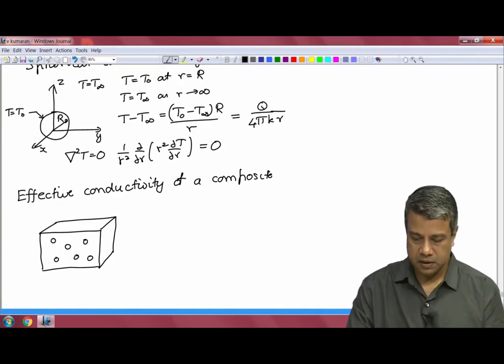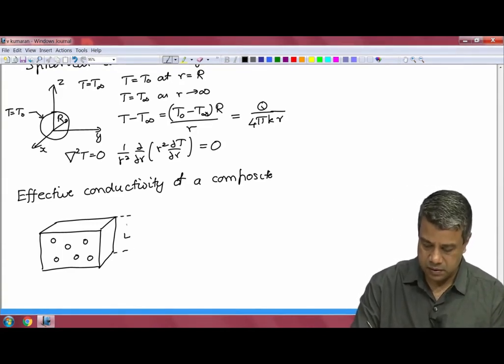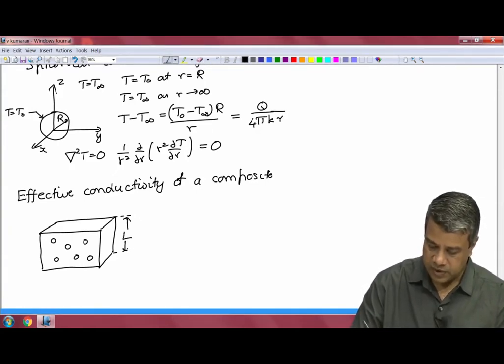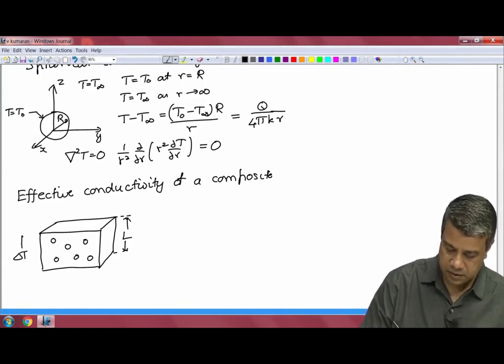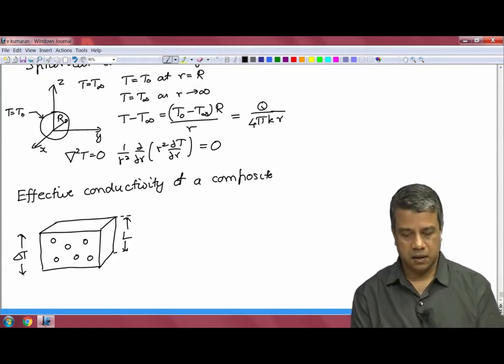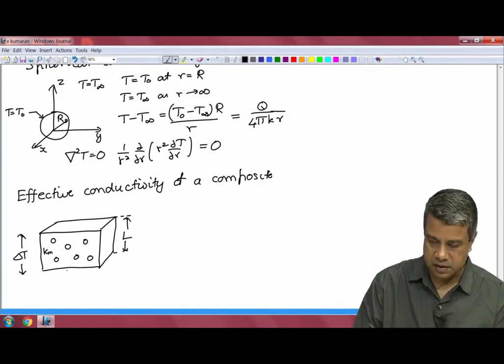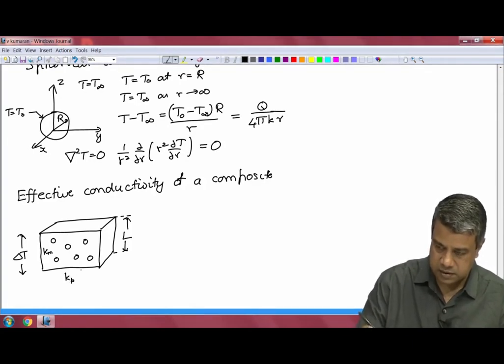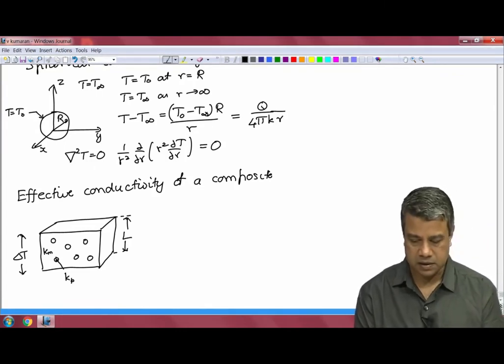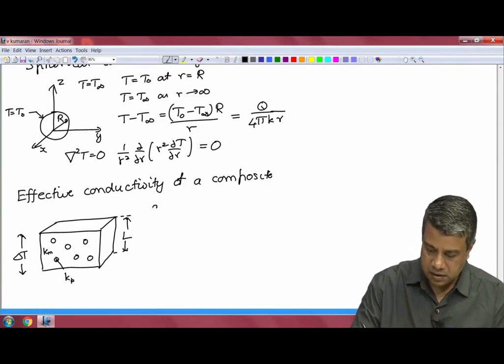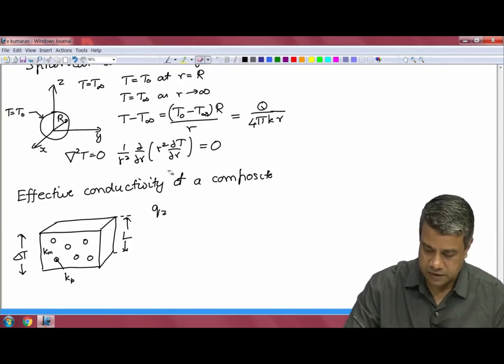It is of length L, and the temperature difference across is delta T. The thermal conductivity of the matrix is different from the thermal conductivity of the particles. And because of this, the effective conductivity, if I write for the entire composite, Qz, the average flux,